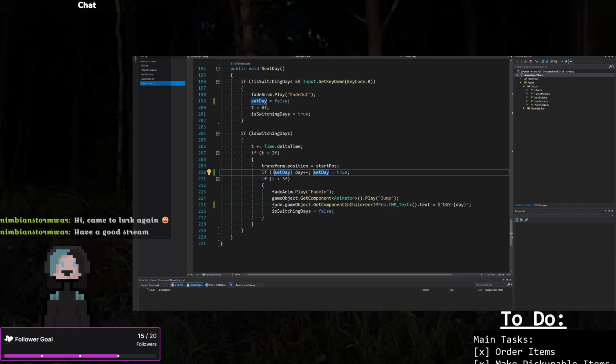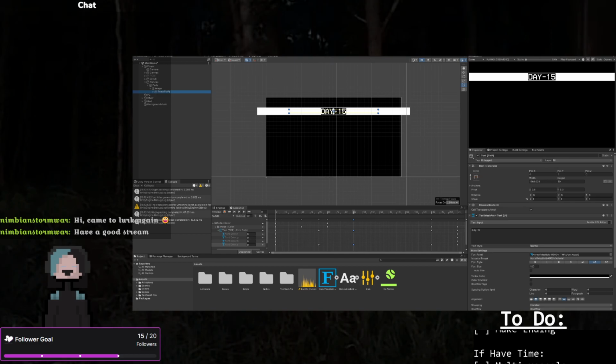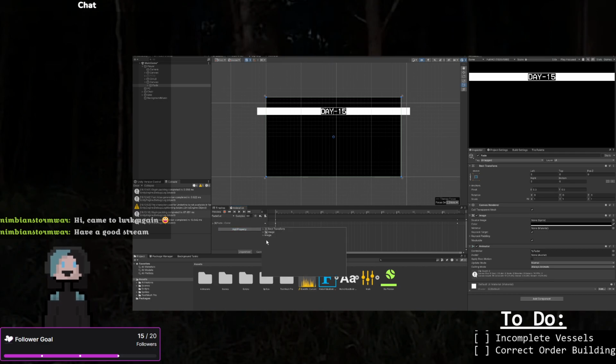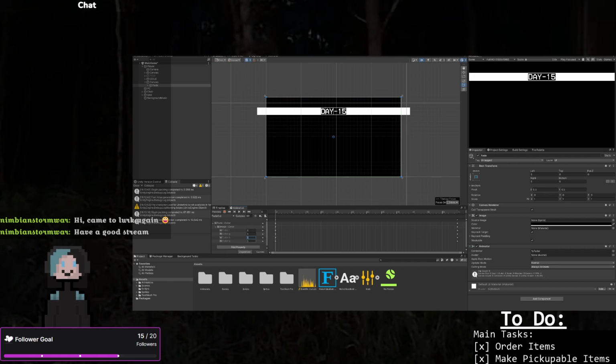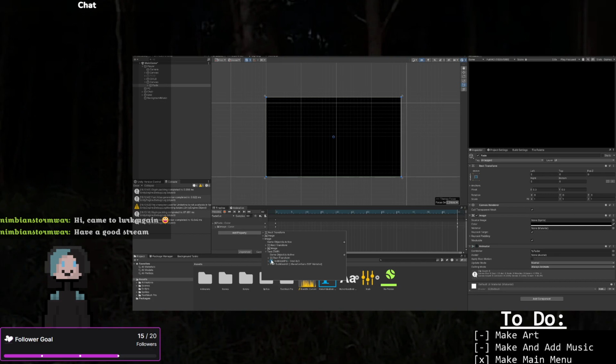Soon I'm going to take a short break, if this works, and then after the break I can set this to a timer so that it automatically does it and I don't need to press R to reset. Fade out, make image color alpha 0, alpha 0. And here font color